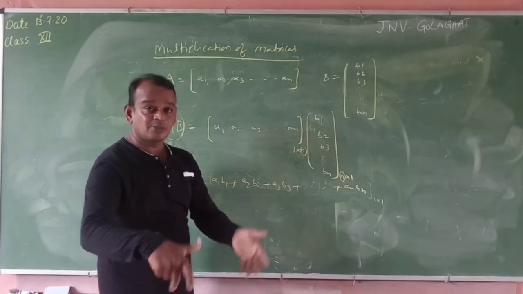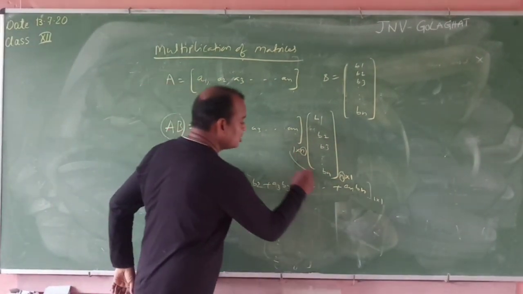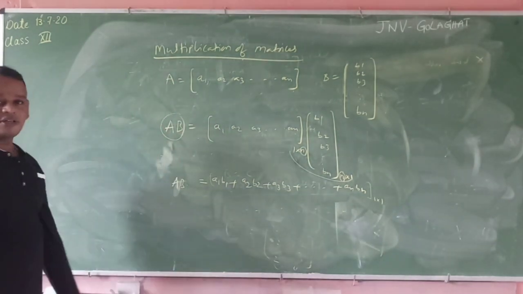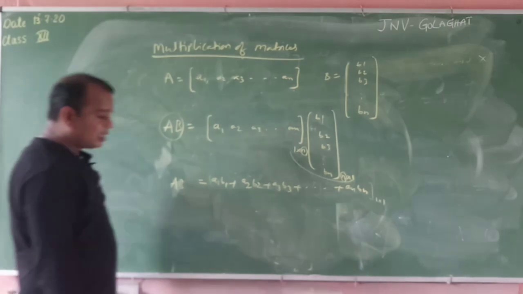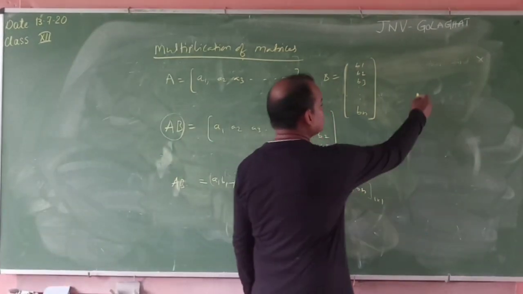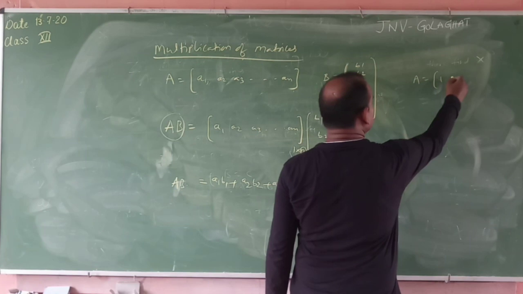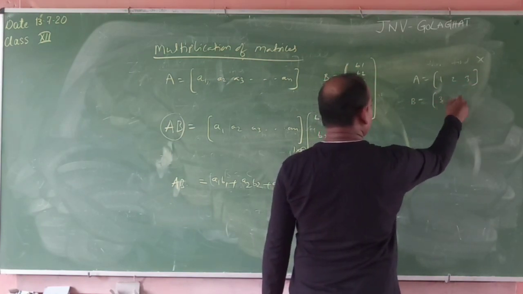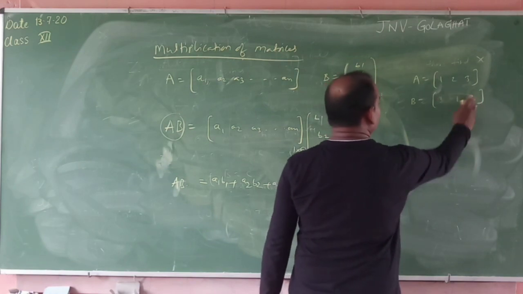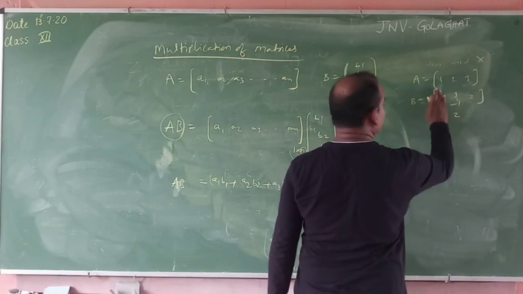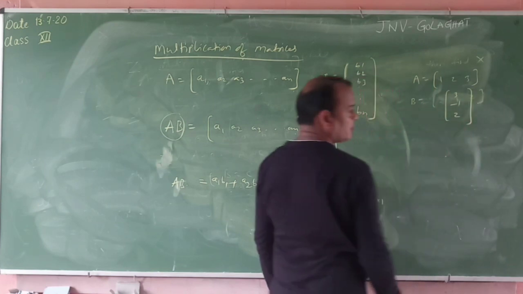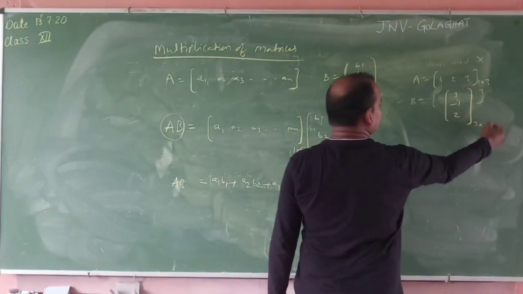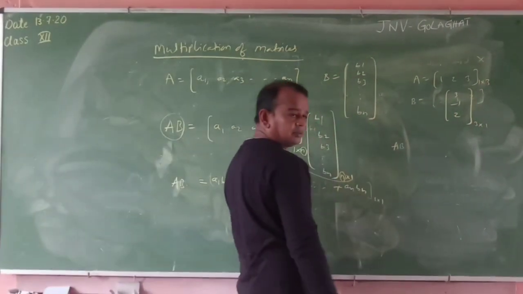Now, the resulting product matrix, what is the order of the product? It is the remaining 1 by 1. Understand? Now we will take an example. Suppose A is the row matrix 1, 2, 3, and B is the column matrix 3, minus 1, 2. Is the product possible or not? Yes. This is 1 by 3, and this is 3 by 1. Is the product AB possible or not?